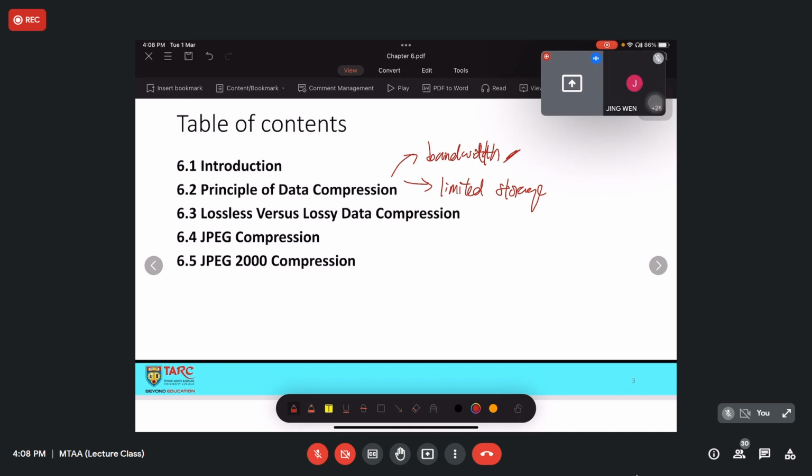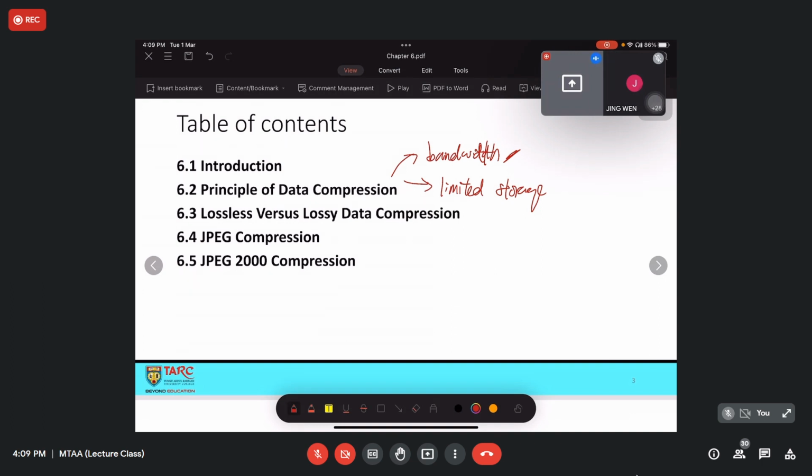I'm not sure if you have ever experienced uploading a file to email, and the email telling you that the file is too big for it to accommodate. Or you want to upload something very big to the drive, and the drive says the upload is very slow due to the internet, and your upload pauses halfway, or cannot upload due to long response time. So that involves the sending of data, which requires bandwidth.